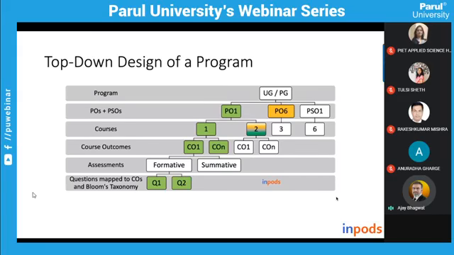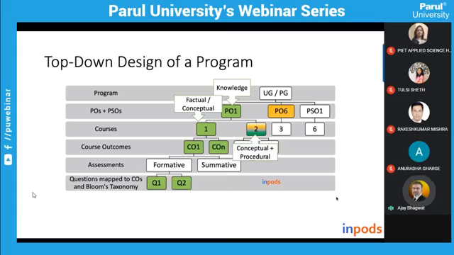Now this is becoming a kind of procedural level knowledge, right? We are designing a model here. So here we took examples of two courses. One is associated with knowledge level PO. That means it is delivering factual and conceptual knowledge. And another course is delivering conceptual and procedural knowledge, because it is fulfilling requirement of two program outcomes. One is PO1 and another is PO6.